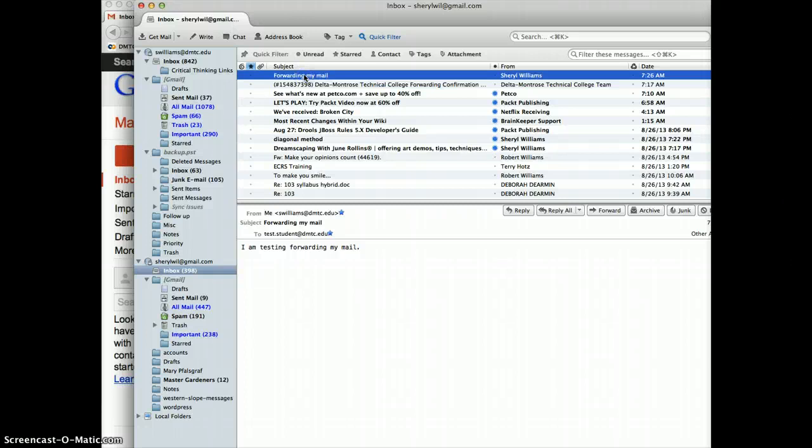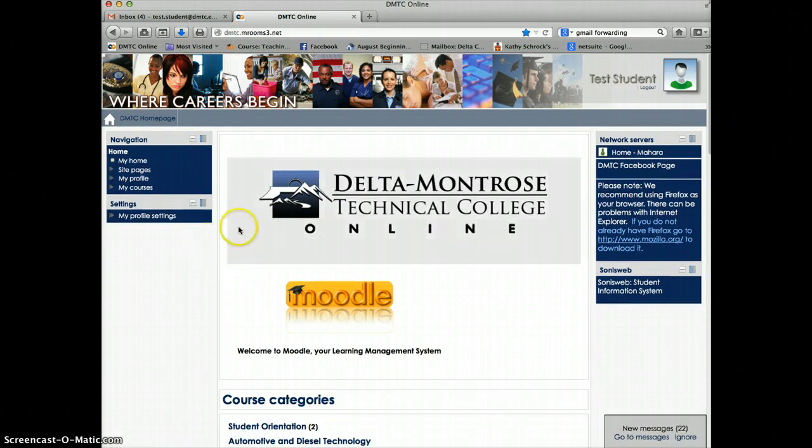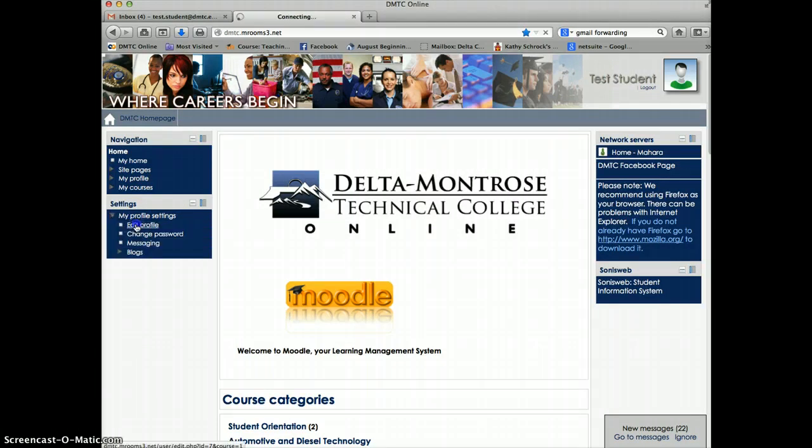So it's working. So the next thing I want to do is change my email address inside Moodle in my profile so that anything my teachers are sending from Moodle will go through my dmtc.edu email and then to my home email address. Go ahead and go over to Moodle and log in as you normally would. And you're going to edit your profile settings. So click on My Profile Settings, Edit Profile,